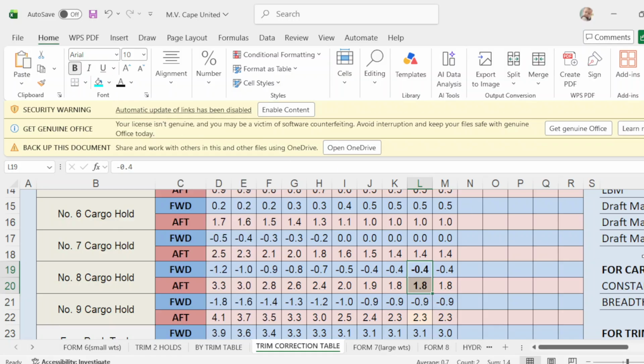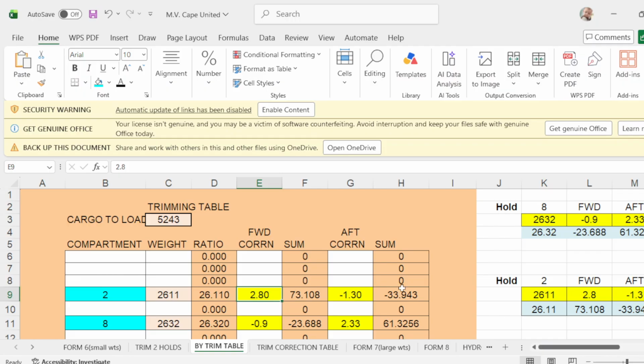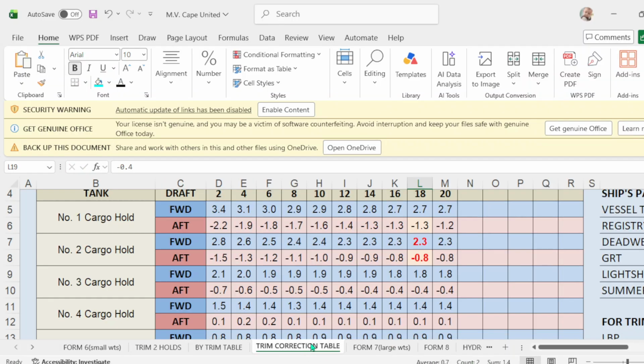Well, then we go to number 2. Number 2 is 2.3 forward. Put here 2.3. Up is how much? Negative 0.8.